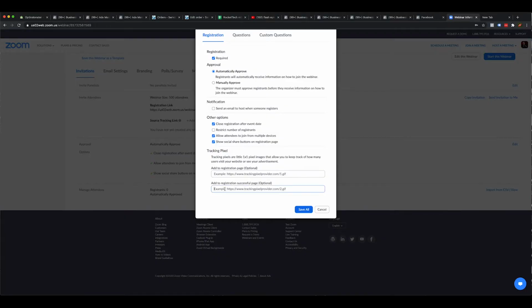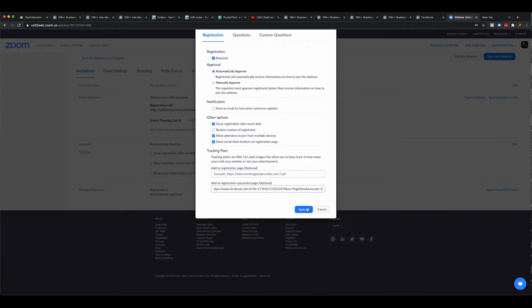And now understand, with this pixel code, you will be able to only track page views. That means whoever opens this page, Facebook will know, yes, this person has opened this page, nothing else, nothing more. So how can you track performance with this code? Now, a trick is that you do not put this code on the registration page. You only put this code on the success page.